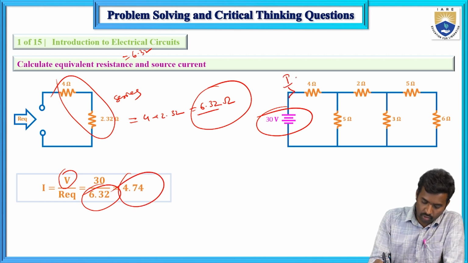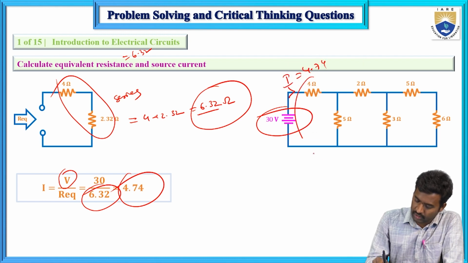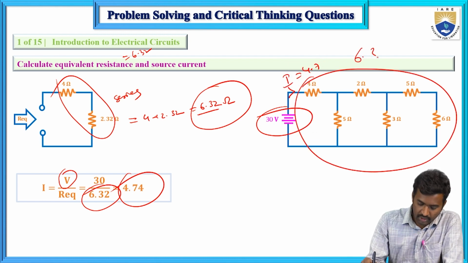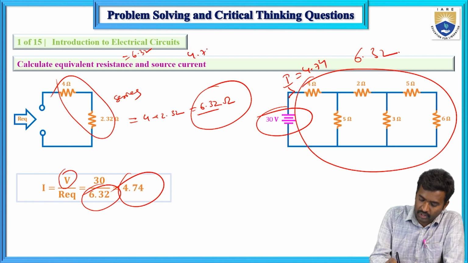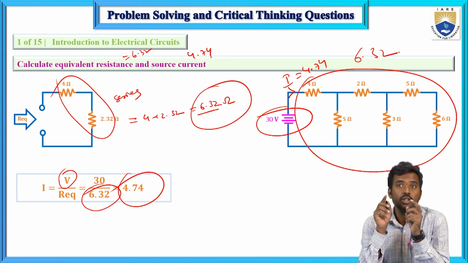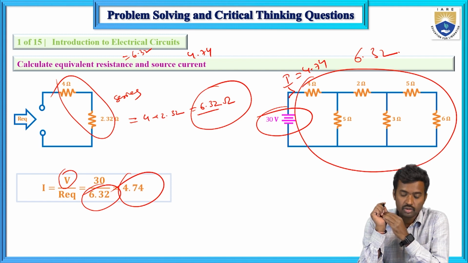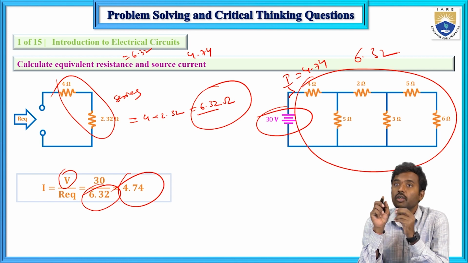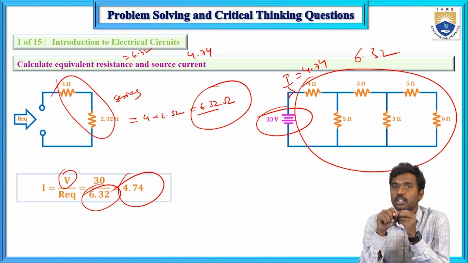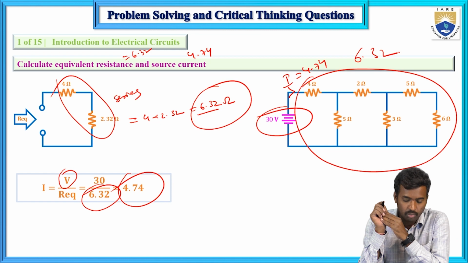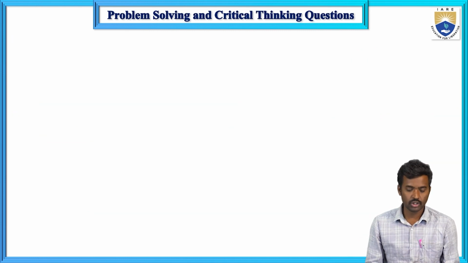Now you will get the answer for this. This current I equals 4.74. This equivalent resistance is 6.32, so the current is 4.74. First, to find out the source current, first determine the equivalent resistance. So equivalent resistance here is determined by series parallel formulas. Next, second question,